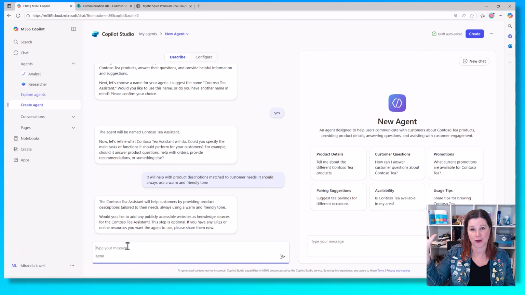At this point, I could go to that website, grab that URL, and put it in here, and then it would use that for knowledge. So at this stage, I'm going to say no. Now, if I want to go further with this and start to explore what else I can do,